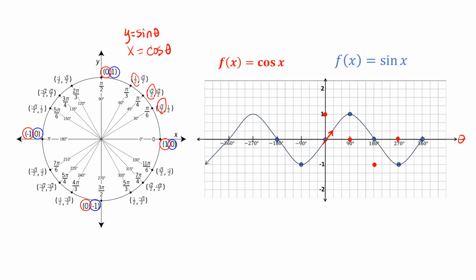And then at 360, when you come all the way around, it is now back to 1 for the cosine. And so it looks just like that on the left side of the y-axis. So you can see that the cosine function looks exactly like the sine function, except it has been scooted over to the left 90 degrees. So the cosine function has its maximum value when x is 0, or when theta is 0. The sine function has its maximum value when theta is 90